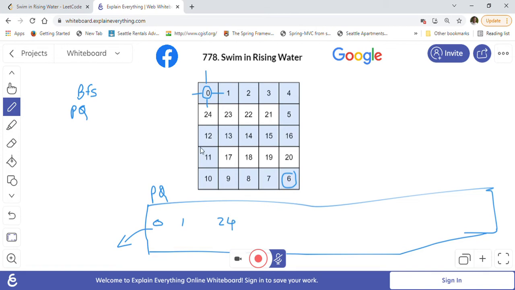After that, we define the priority queue such that always the smallest element will be on the top. So whenever we poll the next element from the priority queue, we will always get the smallest element. This is the very important idea to solve this problem.